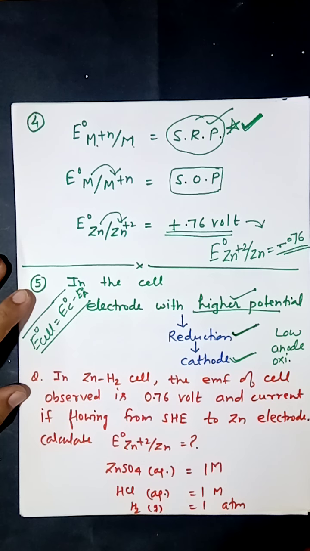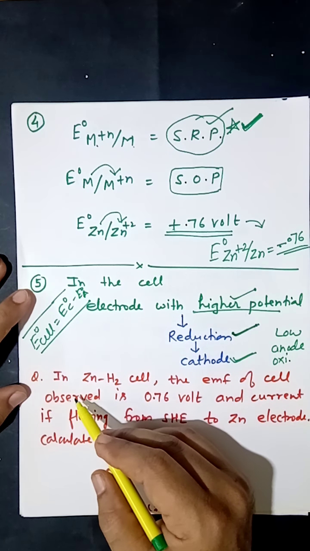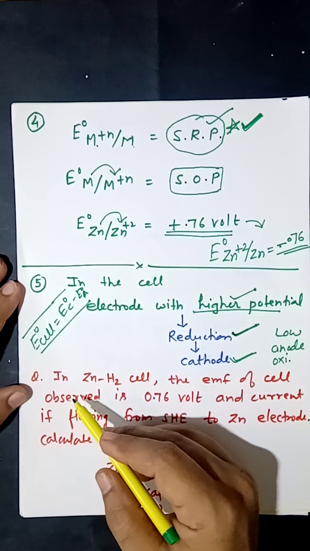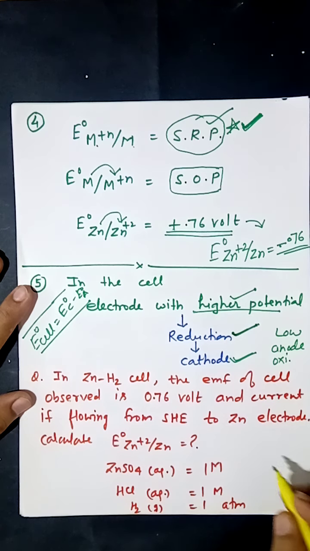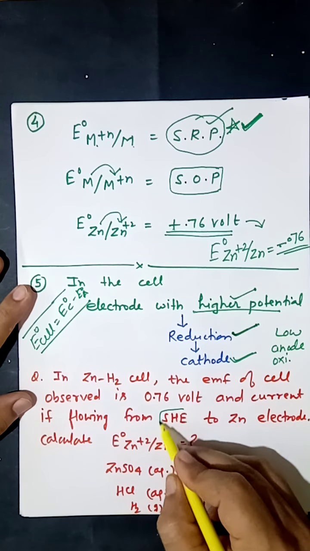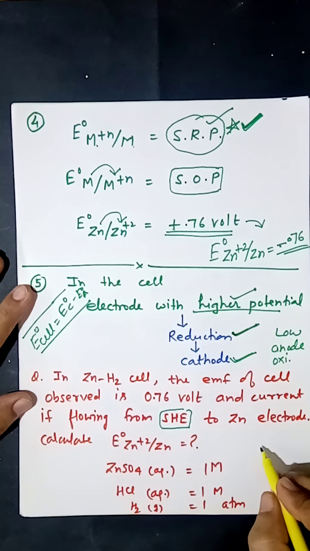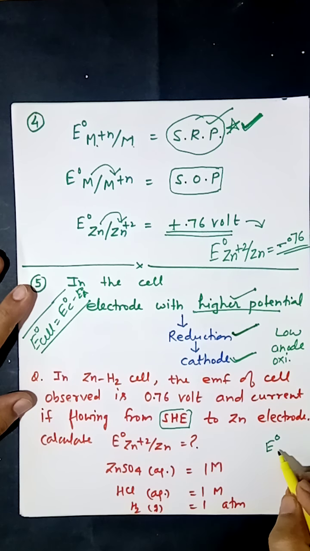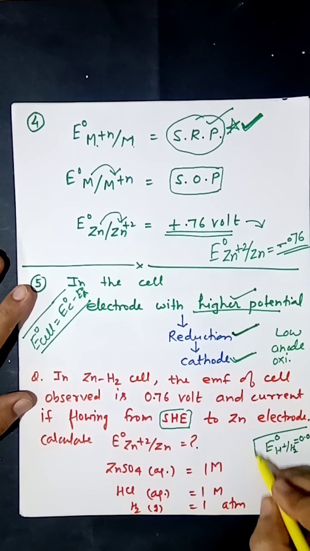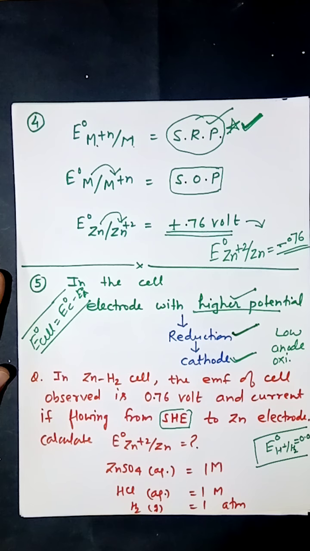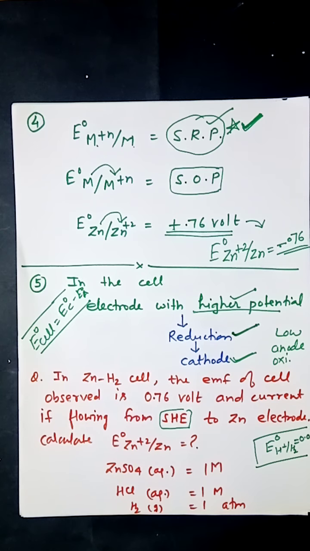Now here is one example: how can we calculate the standard electrode potential of an element with the help of SHE, the standard hydrogen electrode. Two or three points you have to remember for SHE. One, it is the reference electrode. Second, its standard potential is taken as 0. So it will not be given in the question paper because you have to remember its standard potential is considered as 0. We have to calculate the electrode potential of other elements with reference to hydrogen. So we cannot calculate the electrode potential of hydrogen itself.